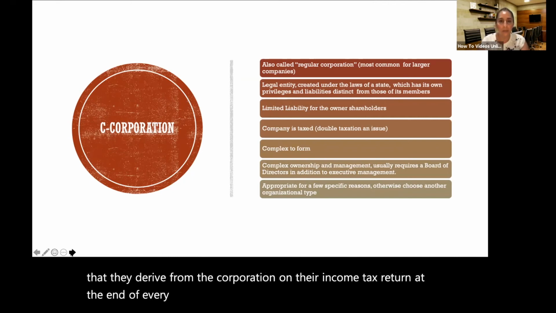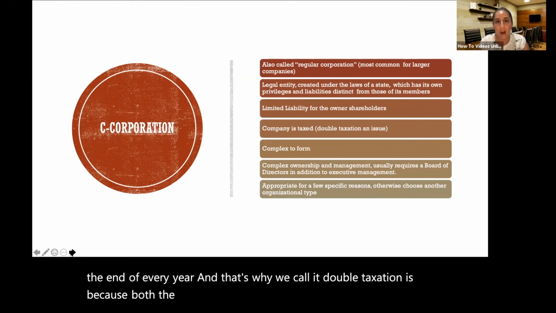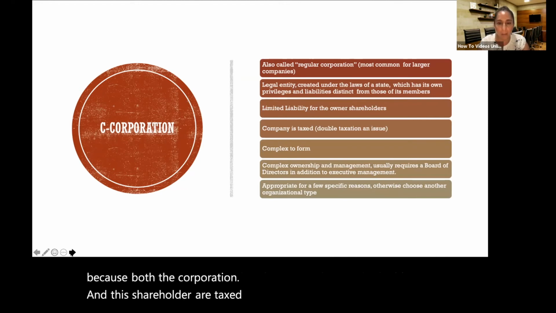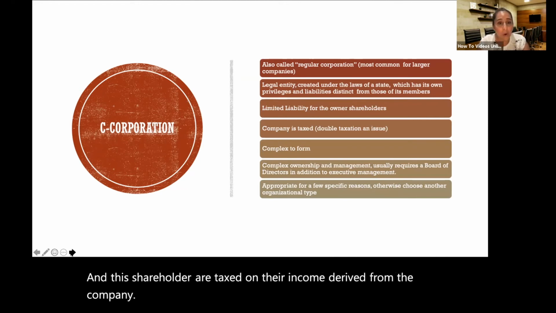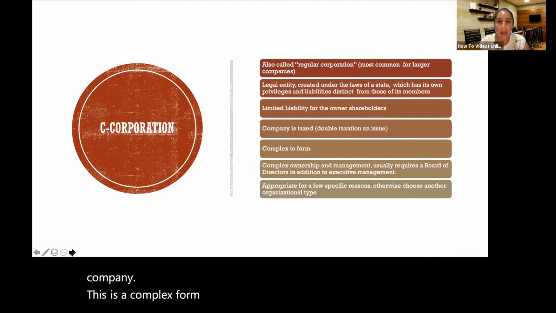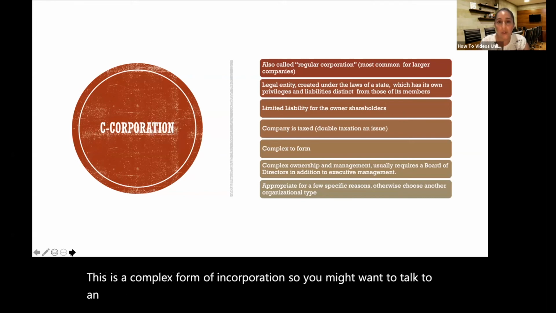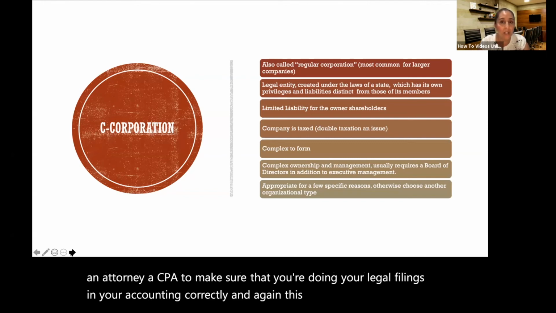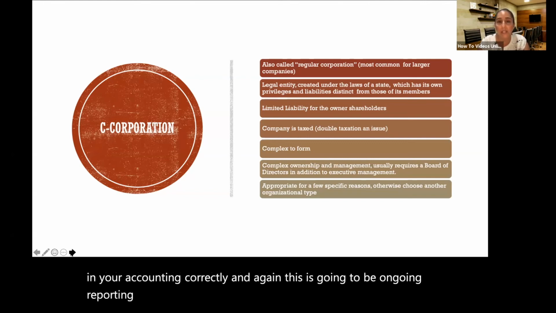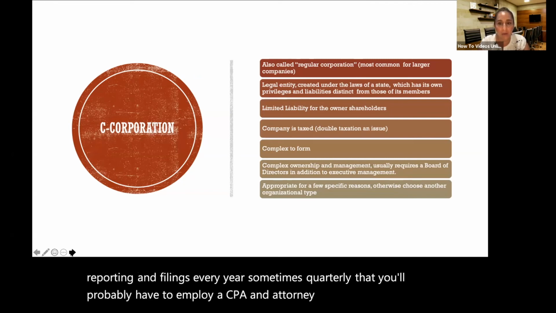And that's why we call it double taxation, because both the corporation and the shareholder are taxed on their income derived from the company. This is a complex form of incorporation. So you might want to talk to an attorney or a CPA to make sure that you're doing your legal filings and your accounting correctly. And again, this is going to be ongoing reporting and filings every year, sometimes quarterly, so that you will probably have to employ a CPA and attorney regularly to help you with the running of your corporate